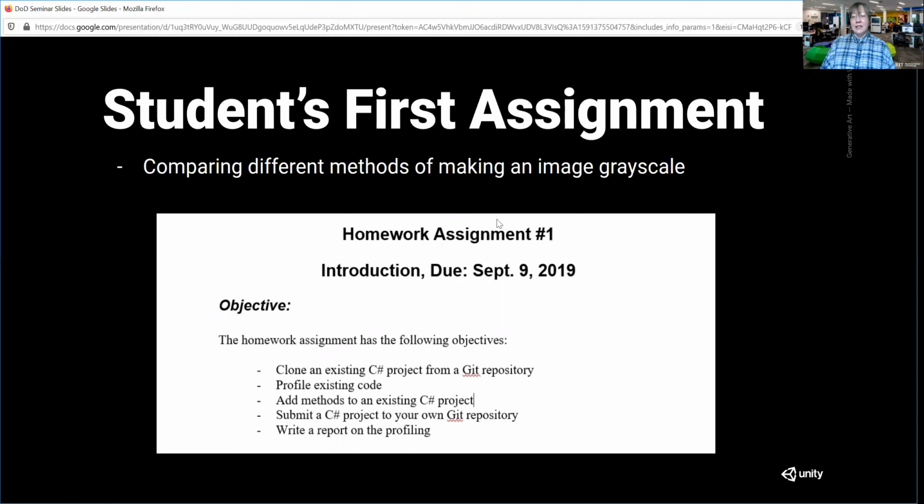The idea is we're going to use Git and do some version control. We're going to learn how to profile because we're going to be profiling through the whole class. And then we're going to actually add some methods to a C# project because some of them have never done C# before, some of them have never used Visual Studio before. And then we're going to write a report on what profiling all this different stuff that we added into the